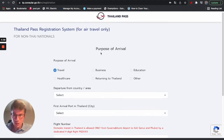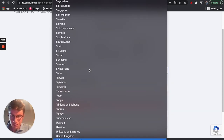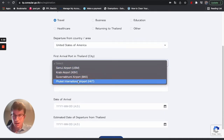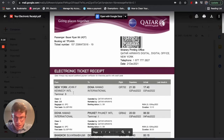So let's just go through this together really briefly. Purpose of arrival. In my case, it's travel. Select the option that applies to you. Departure area. I'm coming from the United States. These are the different airports that currently are available to choose for the Sandbox entry scheme. I'm going to choose Phuket. My flight number, let's see that. I think it's